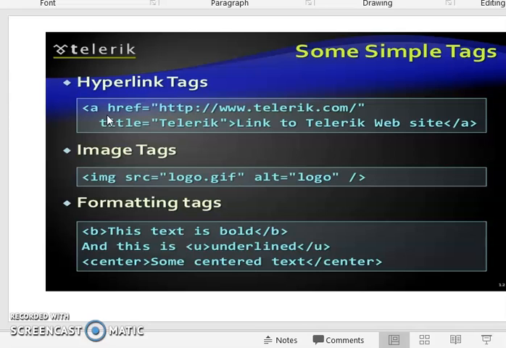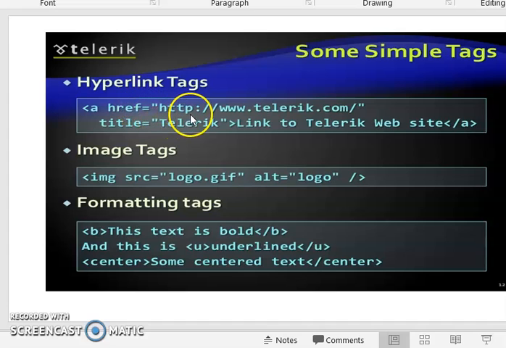In HTML, the hyperlink tag is the a tag with href. And how will you use it? We write href equals the page, that is, the page we want to open when clicking that link.